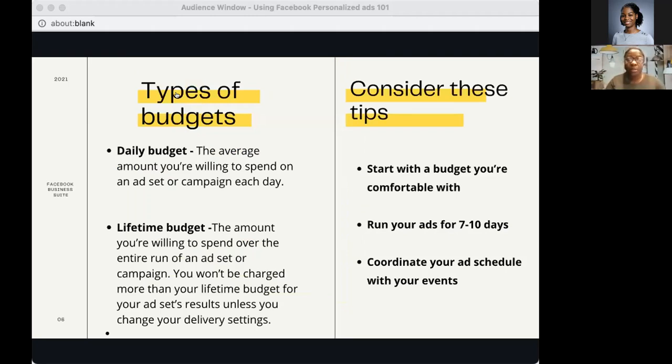So there are two types of budget durations. You have your lifetime budgets and your daily budgets. When you set a daily budget, you're telling Facebook the average amount you want to spend a day. You can set a daily budget for your overall campaign with campaign budget optimization or for individual ad sets. How daily budgets work: when you set your daily budget, you're setting an average daily spend over the course of a week. This means that every day, Facebook will strive to get roughly your daily budget's worth of result